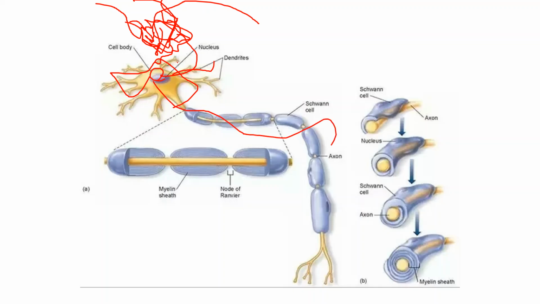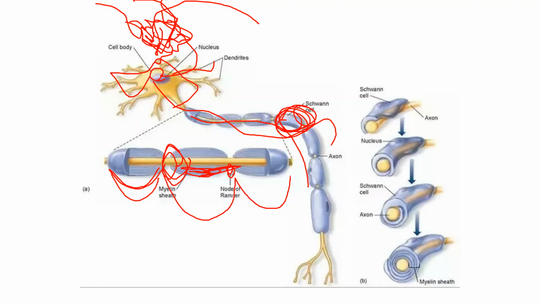Here this is the nucleus and cell body, and this one is the main part, the axon. And this Schwann cell, we can see that it forms the myelin sheath, which provides the insulation to the neuron. This is the thick sheath that is called the myelin sheath. And also some space is there because the conduction of signal will be there, right? For that this space is there, we call it the node of Ranvier. So here jumping of the nerve electric impulse happens, and it will ensure that the signal will be faster, more faster.